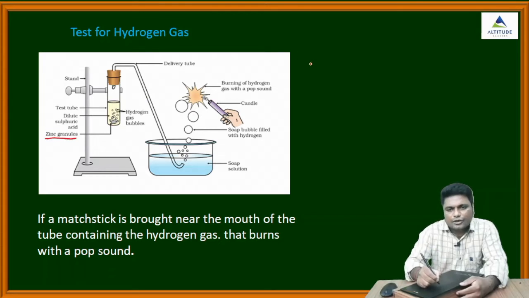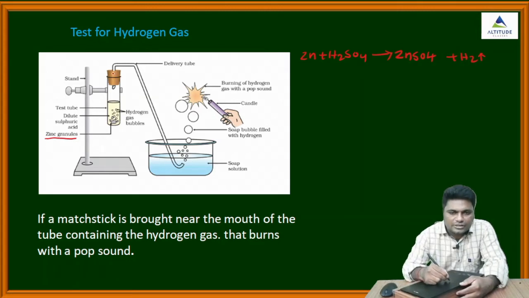So what I said, when you add the zinc, as we already discussed, a reaction with H2SO4 will take place. Your zinc replaces hydrogen, you will get zinc sulfate, and H2 gas is produced in this tube. This is one rubber cork, and in this rubber cork we inserted one tube. Whatever hydrogen gas is produced will flow through this tube, and we pass this hydrogen gas through the soap solution. Whenever you pass the gas through the soap solution, you get a bubble. This is the hydrogen bubble.